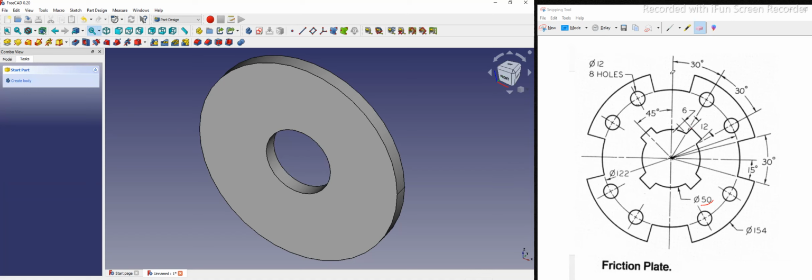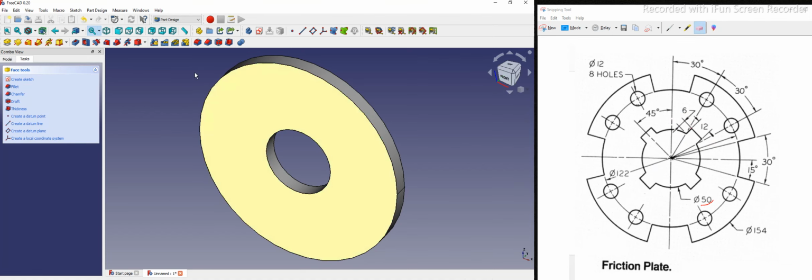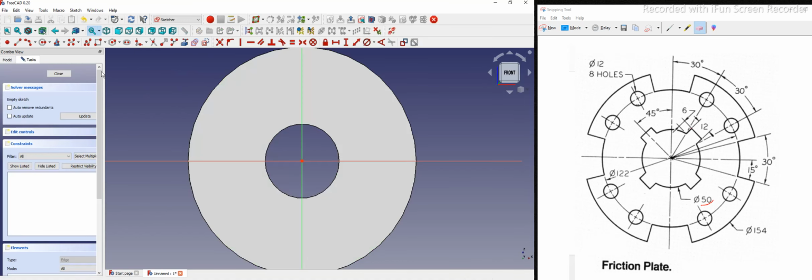and then I will make a cut and say through all. Now we will make these features, this cut here. For this we will select this face and say sketch, and I will draw a line here